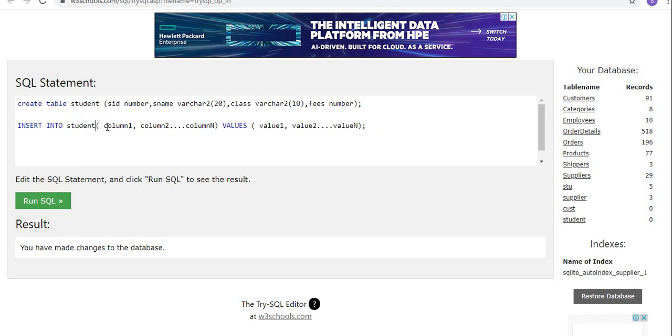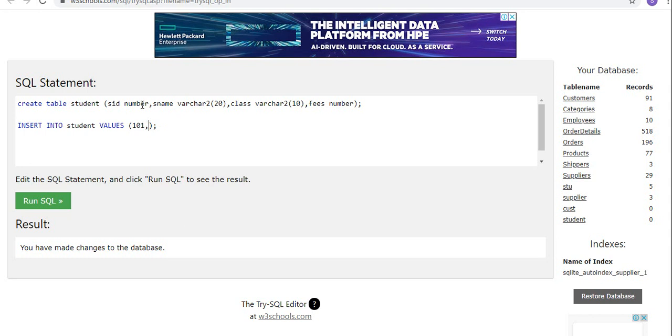Okay, and what are the columns you want to insert the values into? First we will see the syntax, then we will go with that. Insert into student values. So what are the values we have to enter? First value is student number. Okay? I am going with 101. Next, student name.